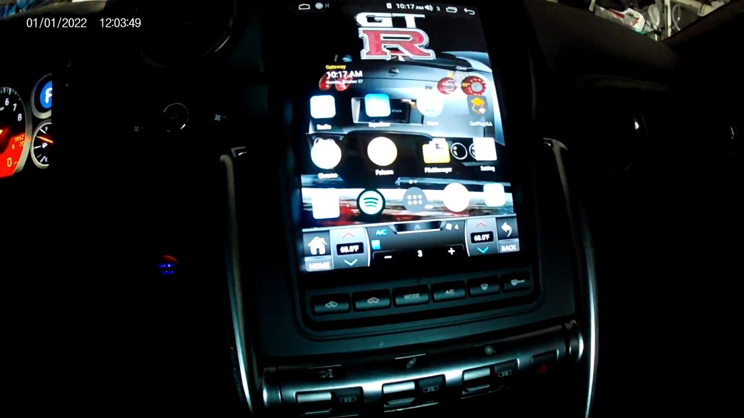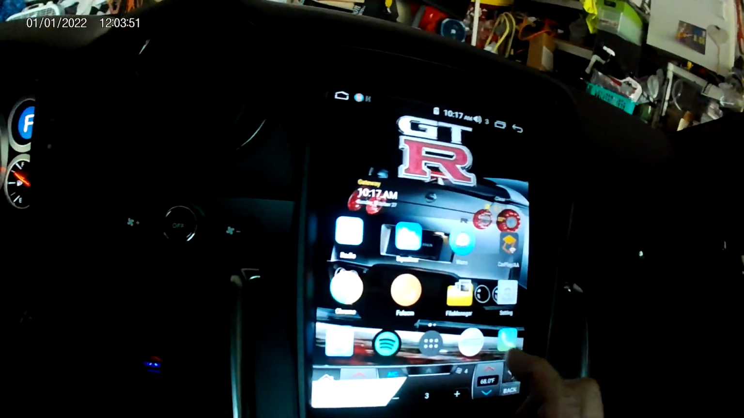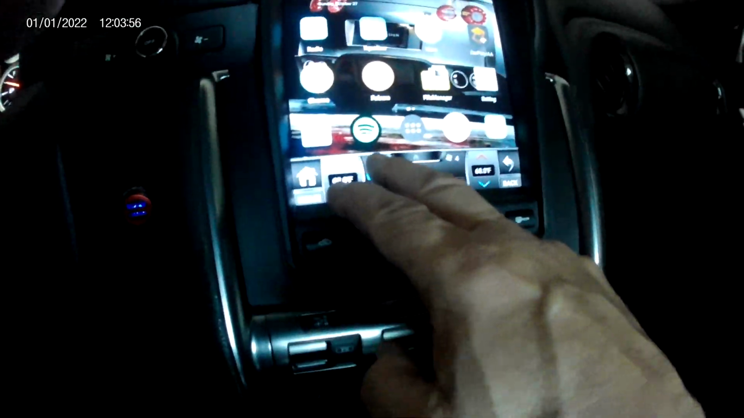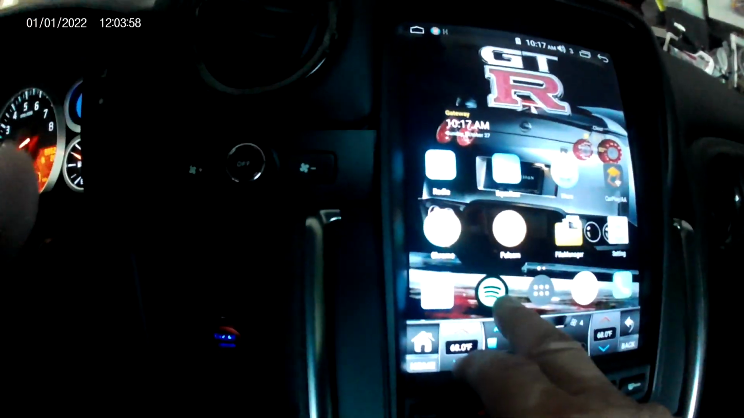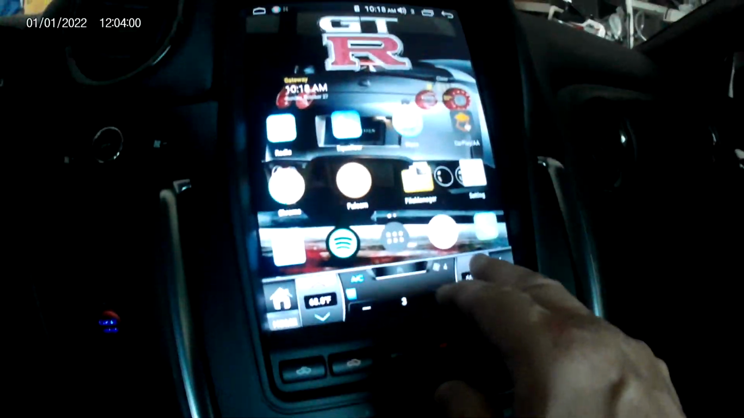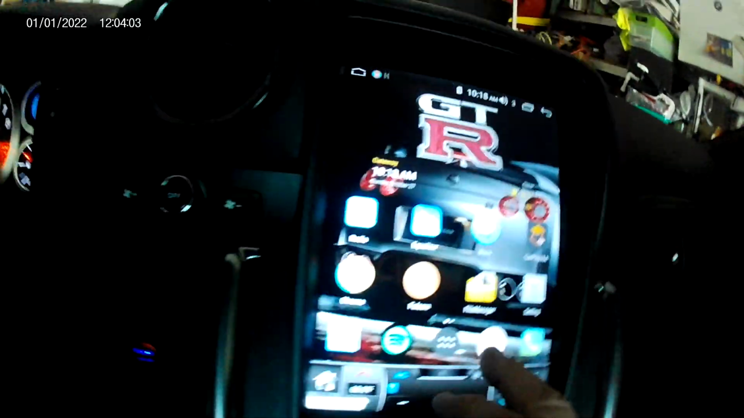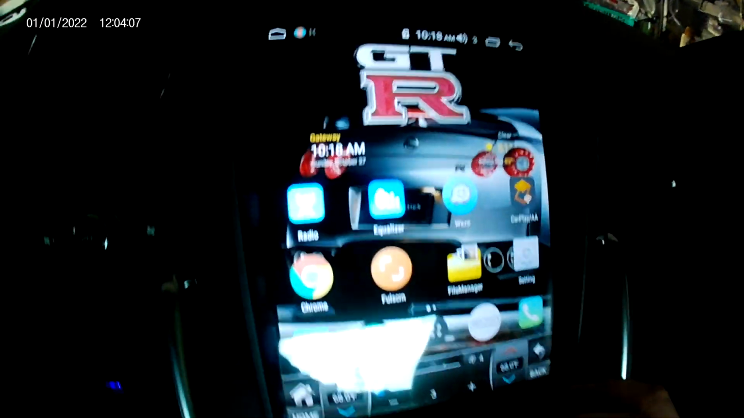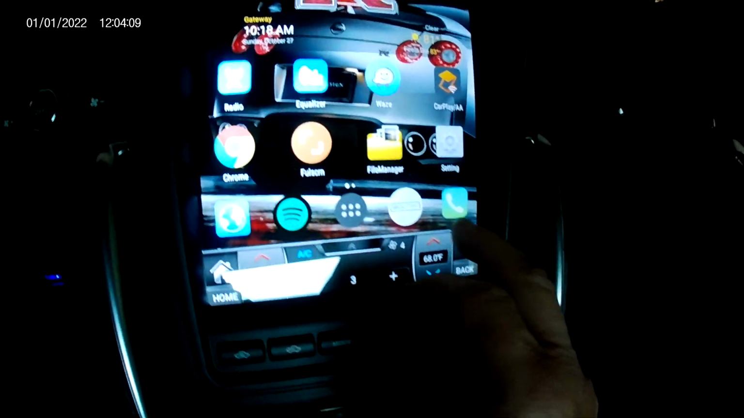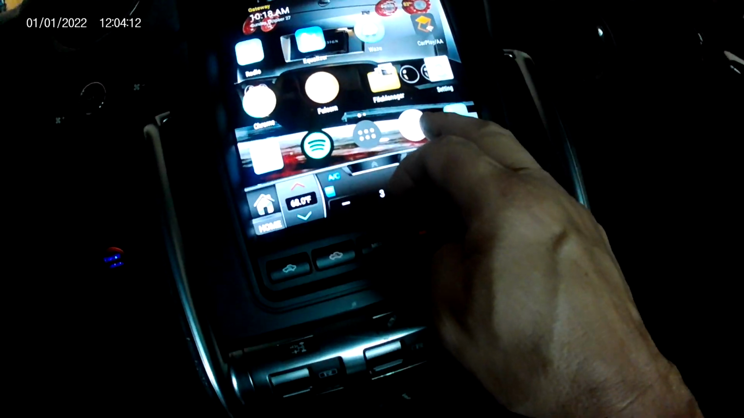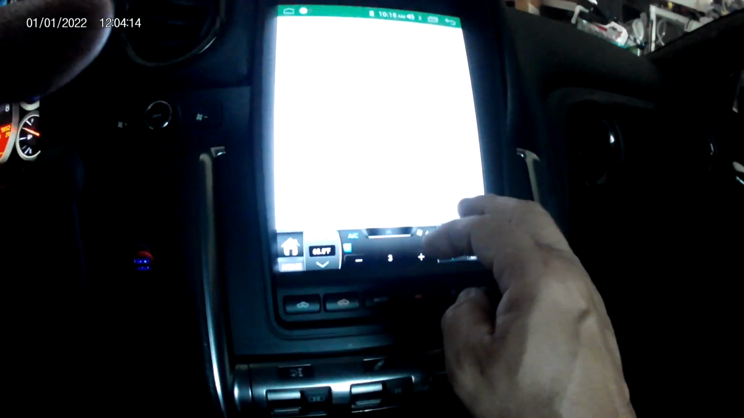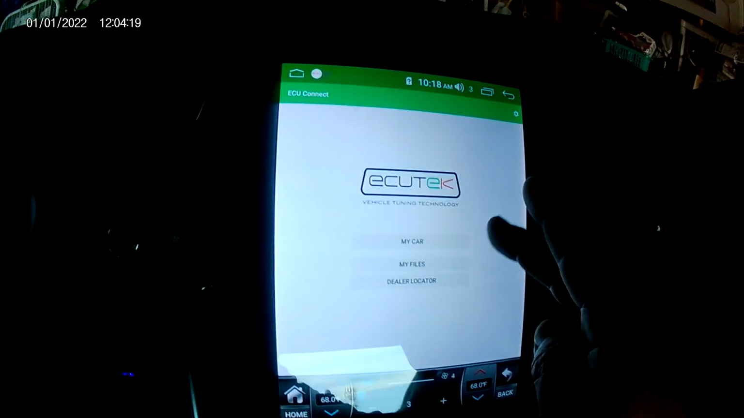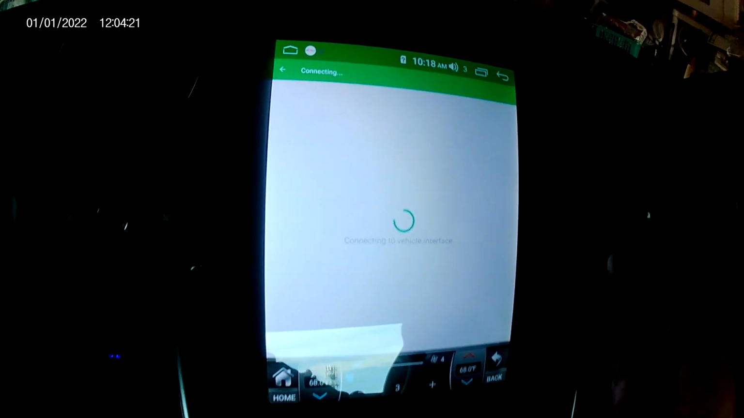So a little bit about the software functions. It's basically just got, you know, your web browsers down here, Spotify and all those types of AV stuff, Waze navigation, an equalizer setting, a radio setting, a phone setup, and then there's the ECU Tech main screen, and all you do is go to My Car, and it'll say